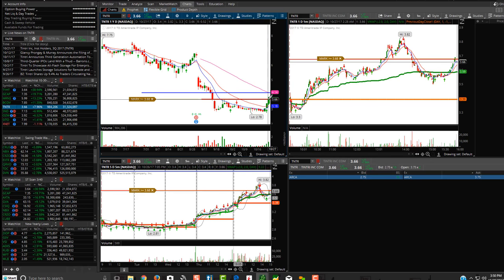So if I'm thinking that this breaks and it could go up to $4, and I'm only risking 3, 4, 5 cents to make 30 to 40 cents, that's great risk management. That's at least a 1-to-2 profit loss ratio. The reason I want to stress this is that the most important thing you can do is set up your risk management from the start. Always have your exit strategy in place. Know the areas of resistance, know the areas of support, know your stop losses,